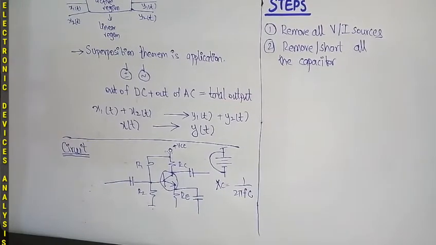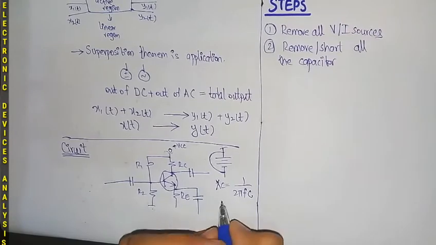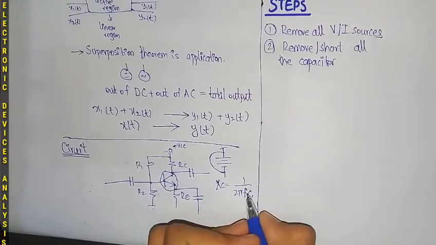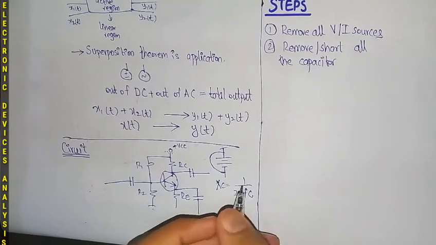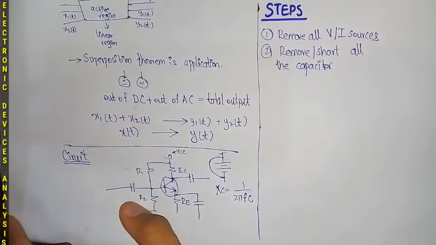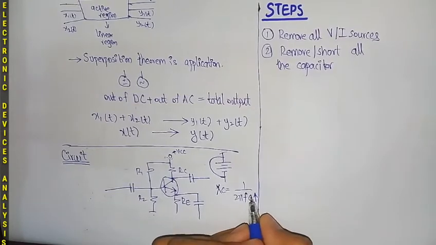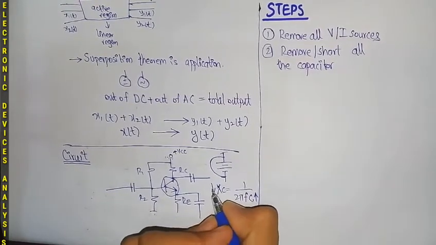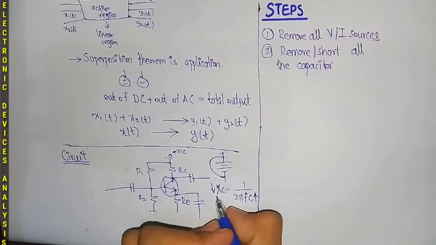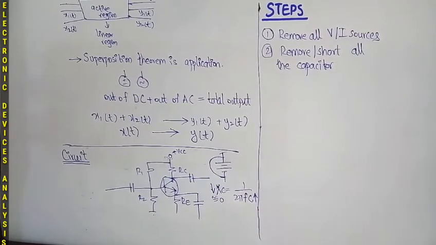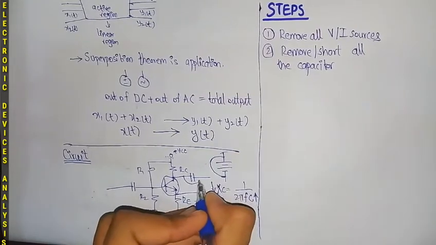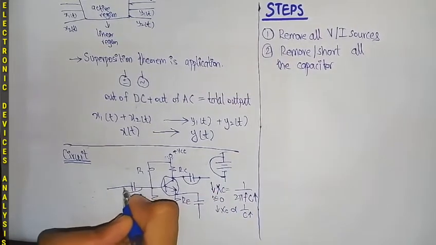So therefore we will not take the capacitors in the DC analysis of the BJT. We take them in the AC analysis because the frequency has some value in the AC analysis. Let's take it as 50 Hz value, and you must take the value of the capacitor as much higher, so the reactance of the capacitor is much low, or approximately equal to 0. And when it is approximately equal to 0, all of the capacitors behave like a short circuit.